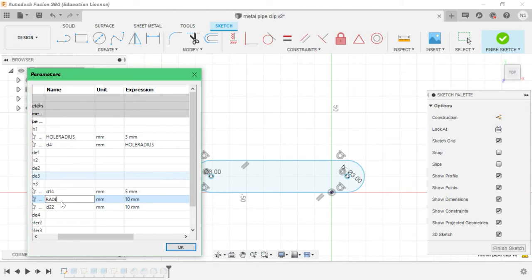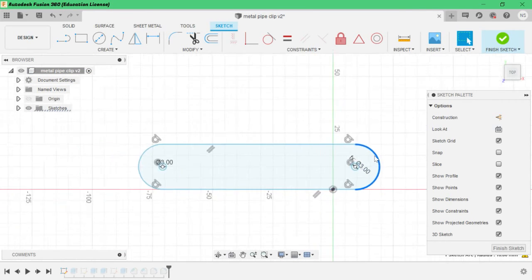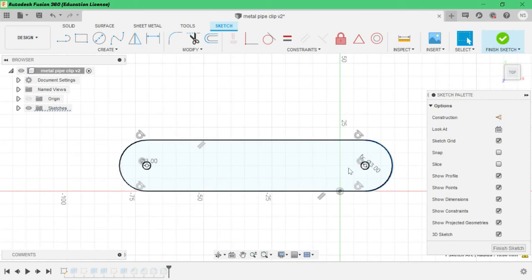So radius, side radius, you can use side radius. Then you can give the same name. Or we can link directly. I will show you how to link directly. Wait, see, if I want to link these parameters to this, wait, sketch.